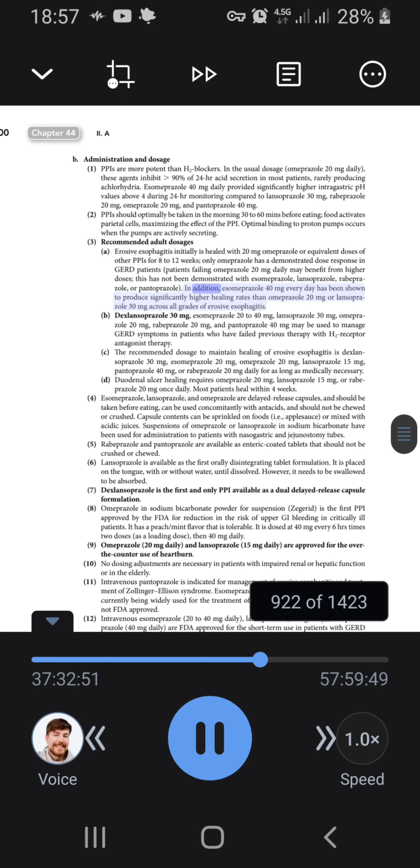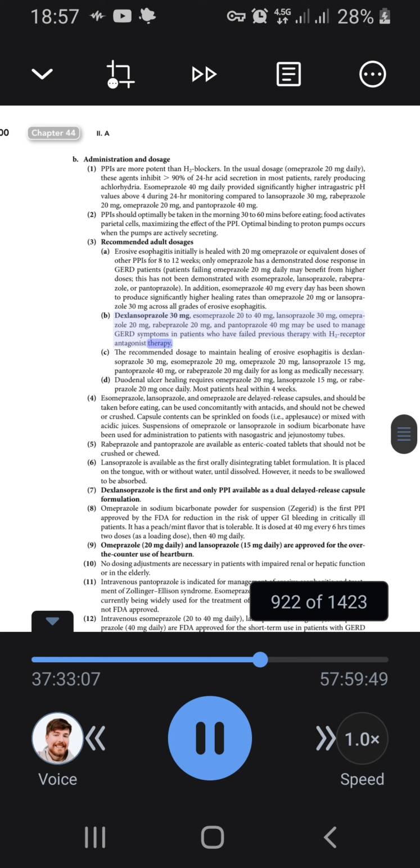40 mg every day has been shown to produce significantly higher healing rates than omeprazole 20 mg or lansoprazole 30 mg across all grades of erosive esophagitis. B. Dexlansoprazole 30 mg, esomeprazole 20 to 40 mg, lansoprazole 30 mg, omeprazole 20 mg, rabeprazole 20 mg, and pantoprazole 40 mg may be used to manage GERD symptoms in patients who have failed previous therapy with H2 receptor antagonist